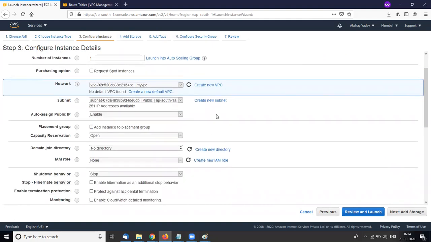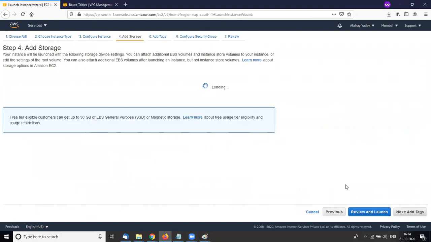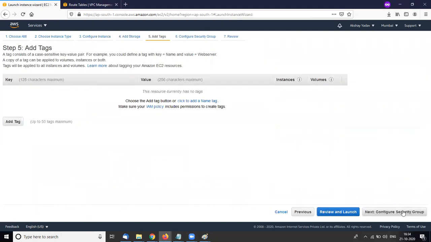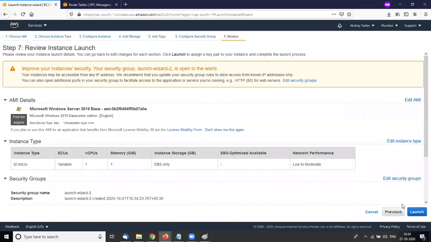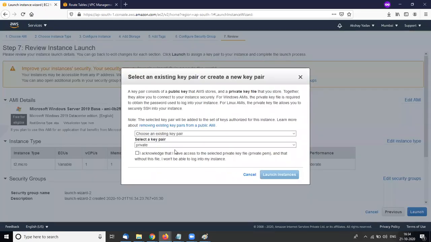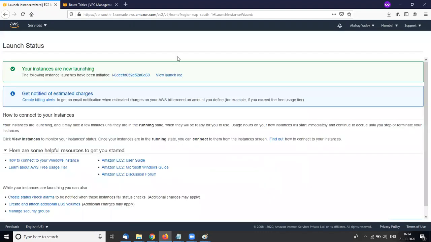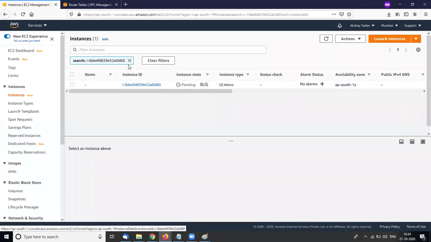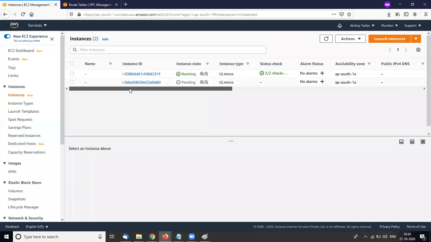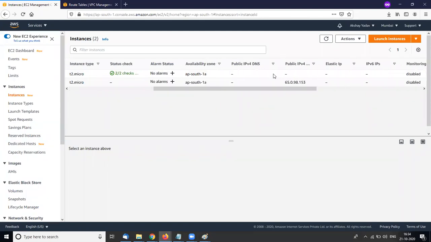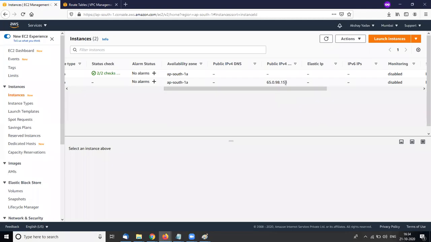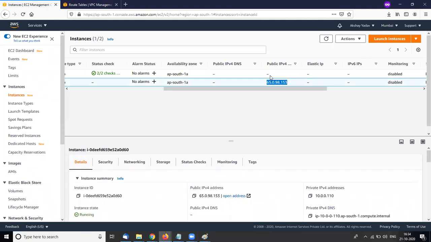So here I am selecting the public subnet for public access, and add tags, next, and launch, and keep the name test AWS 1. So launch. So I launched my two servers. One is private and one is public. As you can see, the public one has this IP and the private doesn't have a public IP.